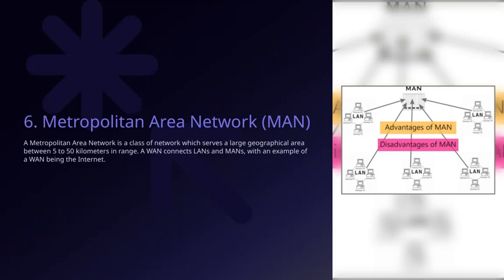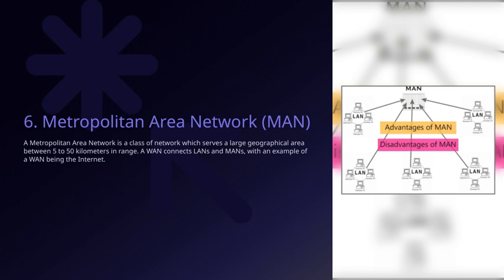Let's talk about the Metropolitan Area Network, or MAN for short. A MAN is a type of network that covers a large geographical area, typically between 5 to 50 kilometers. Think of it as something bigger than a local area network, but smaller than a wide area network. It's often used to connect multiple local networks within a city or a large campus. An important point to remember is that a MAN can serve as a bridge between local networks and wider networks